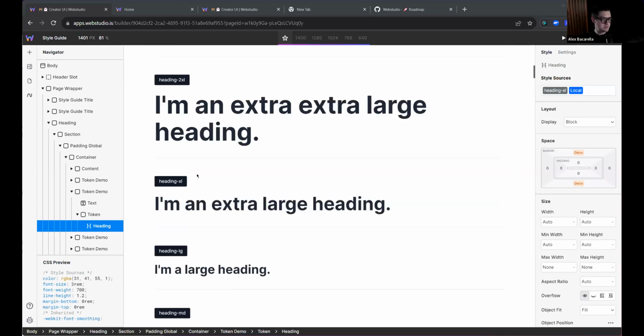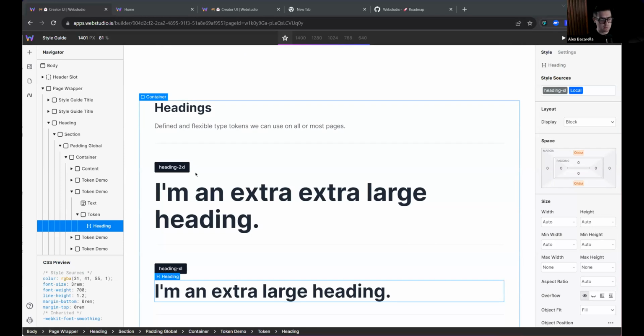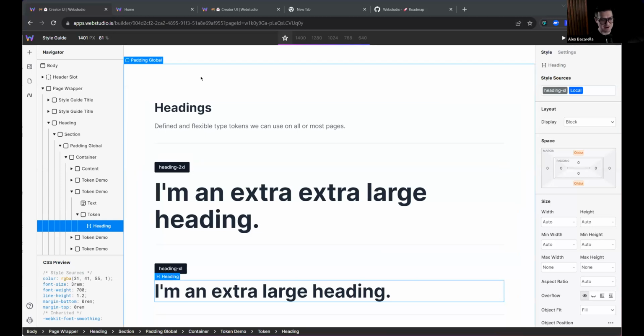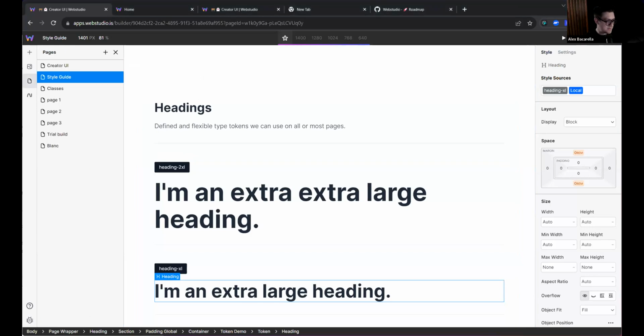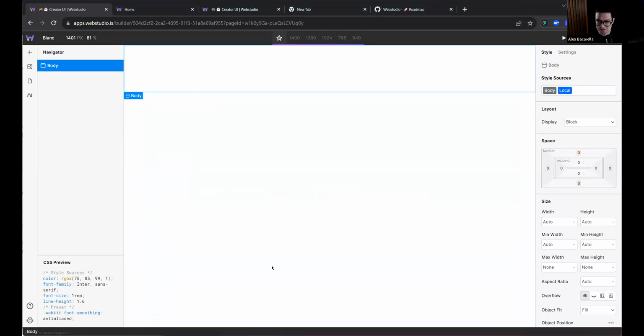So I'm going to use this project that I have here. I will show you how I would build it out as a newbie user, as if I had never used a page builder before. Maybe I had a little bit of HTML and CSS knowledge that I learned at high school, half paying attention in classes, so I know things exist. And I'll use a lot of the local styling, and I'll walk you through how you can then improve those. But if we start from a blank page, now everything that you see on Webstudio,